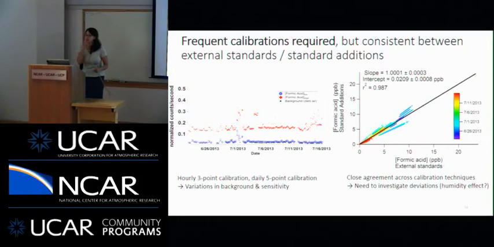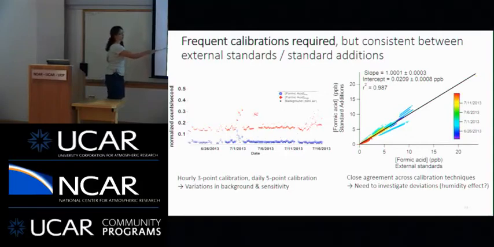The bottom line is, I'm not going to go through the excessive amount of data we collected. It turns out that these really frequent calibrations were not actually my assistant professor paranoia. They were actually required. In particular, the background of the instrument, which is in black here, is a function of time for the entire time we were measuring at SOAS. You can see that the black trace along the bottom of this figure actually moves, and it moves by a non-trivial amount. This is normalized counts per second. That wiggle is important. It's the background we're subtracting, and that changes.